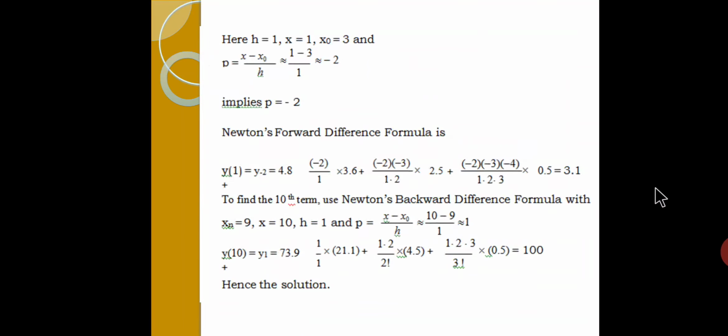Here the interval difference h is equal to 1 and x is equal to 1. So x is equal to 1 means the first term, and x0 is equal to 3, and p is equal to x minus x0 by h. We get the p value as minus 2. So p is equal to minus 2. We substitute all these values in the formula. Newton's forward difference formula is y equal to f of x. Here the x value is 1, so y of 1 is equal to